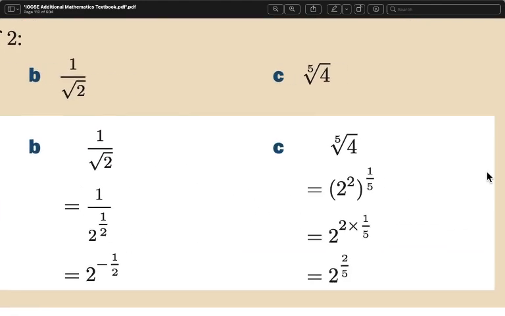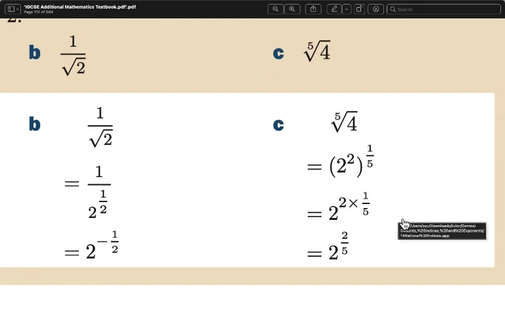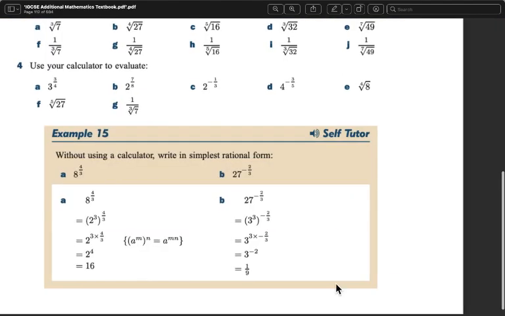And in this case, the fifth root of 4. As 4 is 2 squared, it can be further broken down. So 2 squared will be raised to the power of 1 over 5, as it's the fifth root, and 2 times 1 over 5 will equal 2 to the power of 2 over 5. Also in this case,